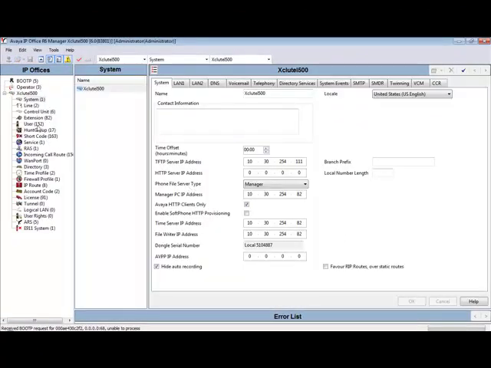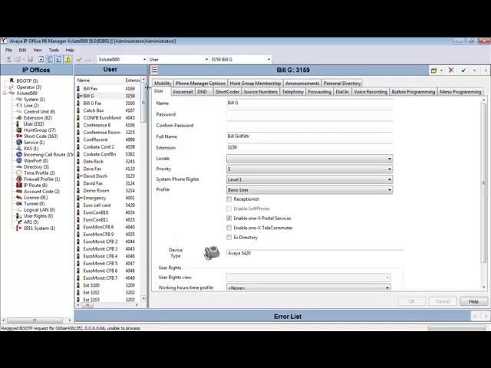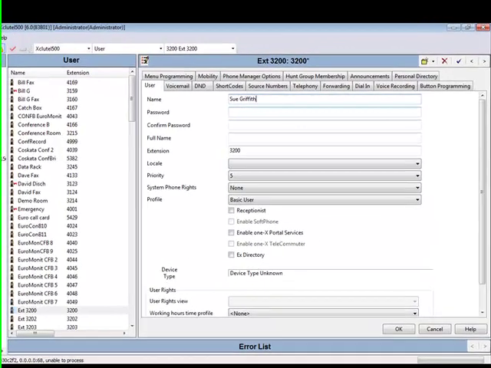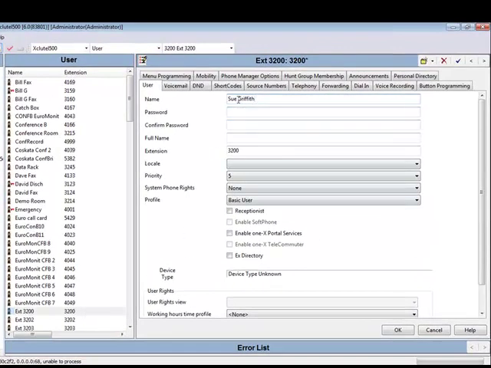Once we are connected, we will select Users from the left-hand side, which will bring up the user list in the center column. We will then select the user we wish to edit. So if we want to change the user name for extension 3200, we would simply select user 3200, type in the name,